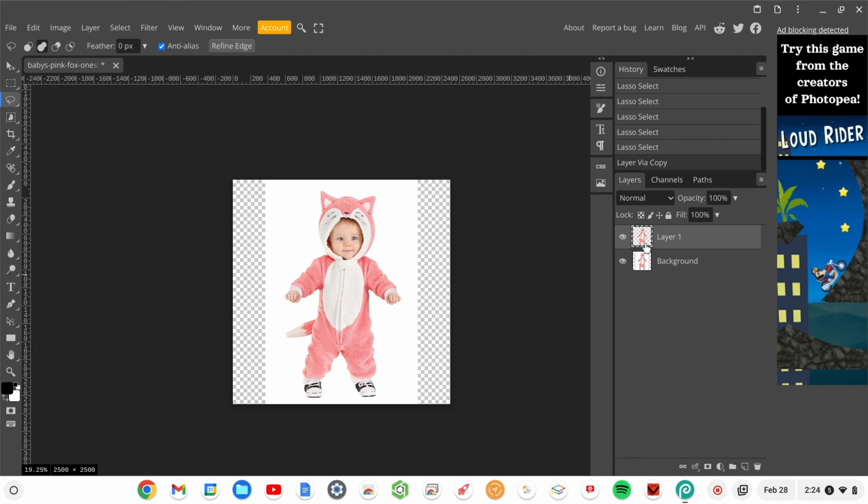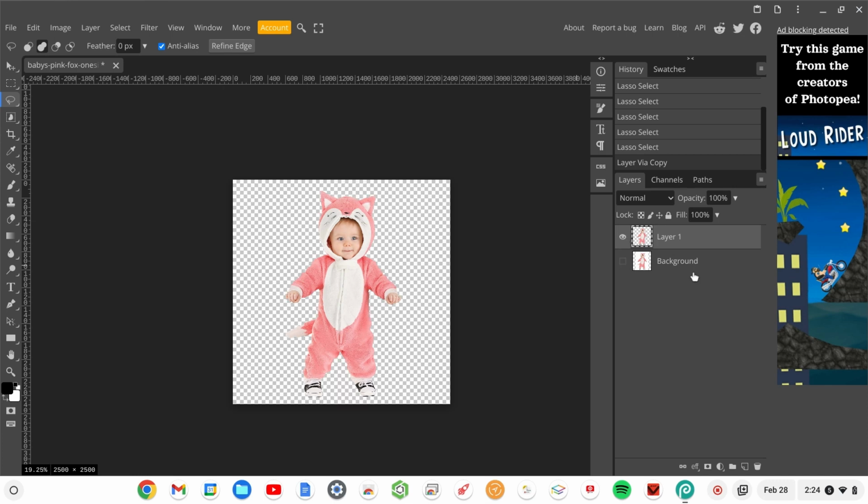It does all those steps with one shortcut. That's Control J for duplicate. So now we have these pixels in its own layer. I'm going to go ahead and hide the background. The only reason I did that is so I can retain